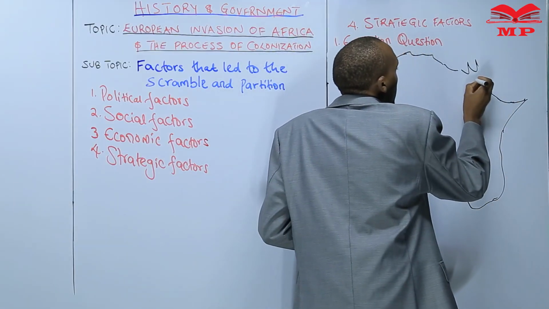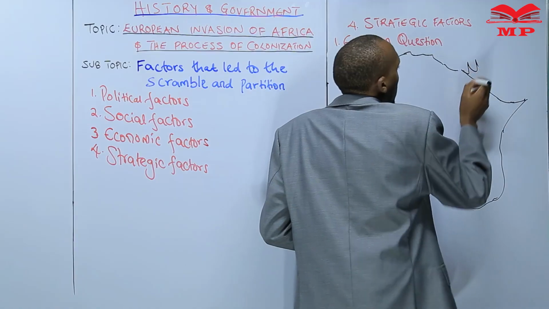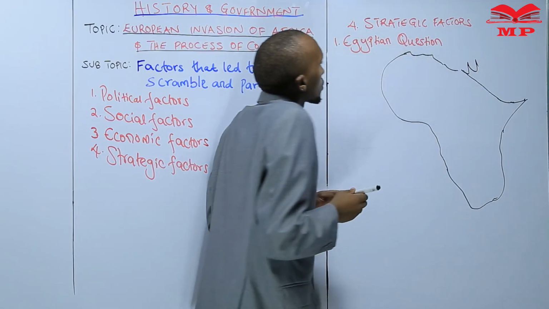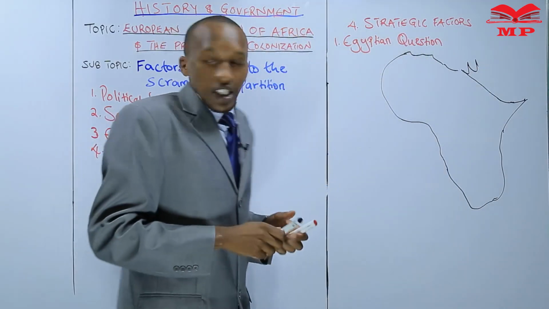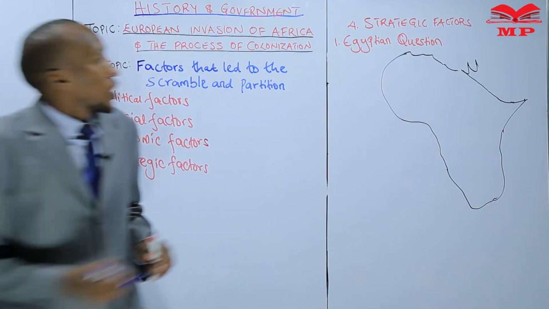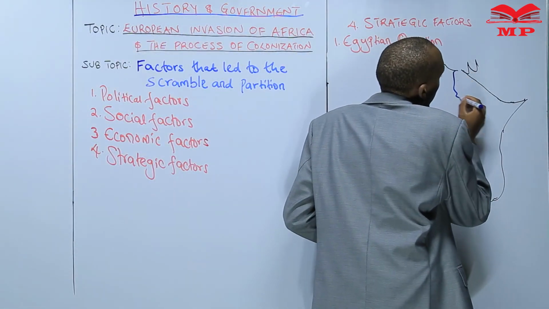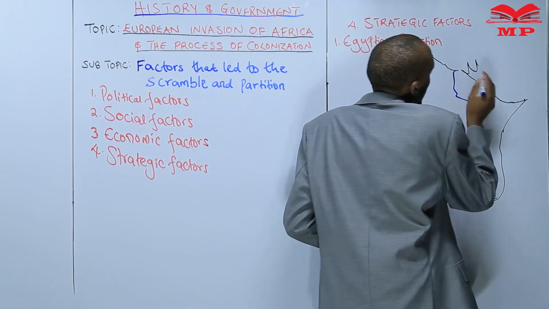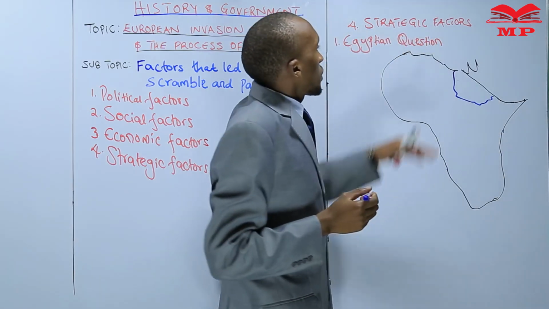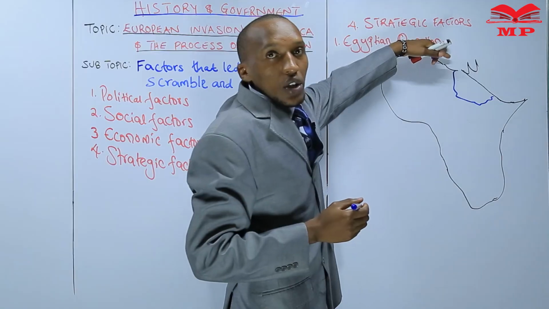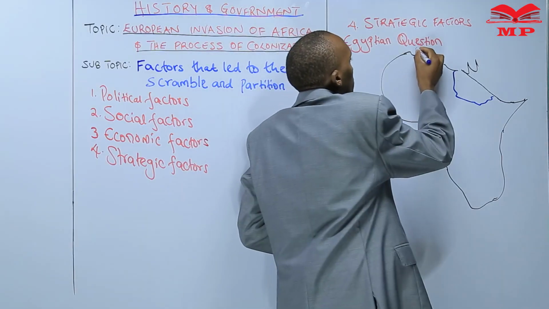This is a brief illustration of the map of Africa. So when you talk of Egypt, my dear learner, we can locate it here. This is where we find the nation of Egypt, right? Which sea do we find at the northern part? We have the Mediterranean